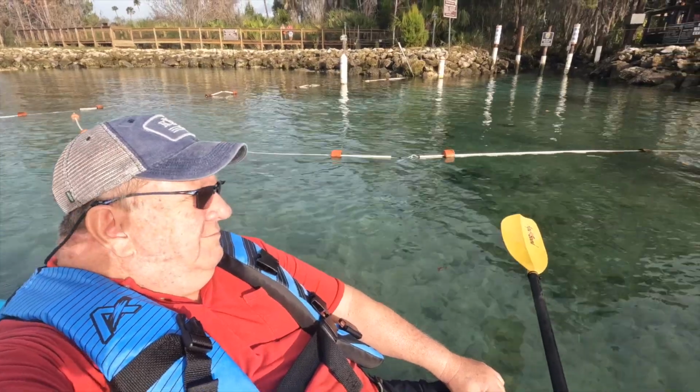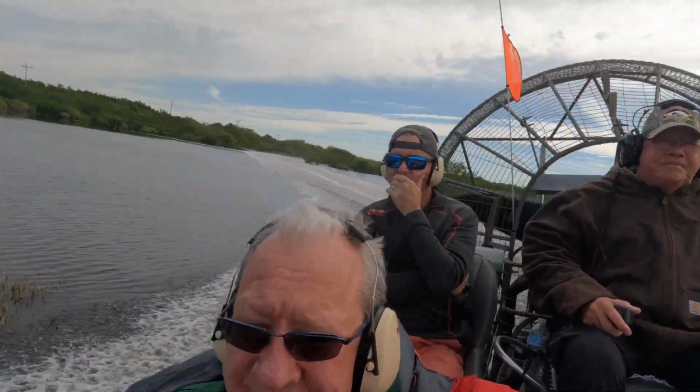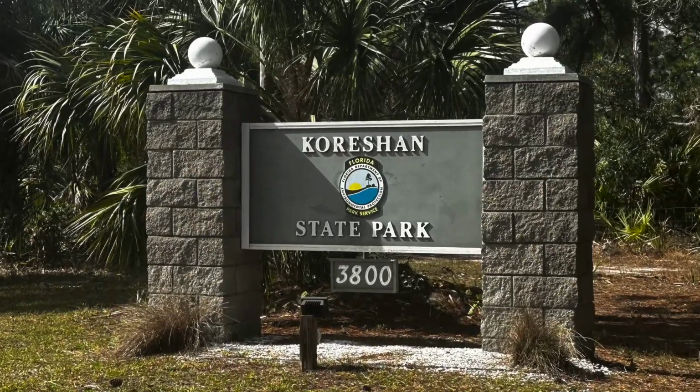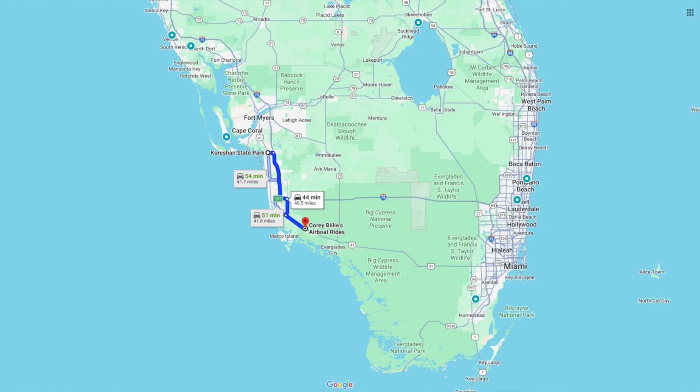After kayaking with the manatees, I migrated south in search of alligators and an airboat ride. So I camped at Corson State Park in southern Florida. However, out-of-state campers have to book these campsites 10 months in advance, and I was lucky to find anything at all. While there are numerous alligators and airboat attractions in Florida, I chose Corey Billie's airboat rides 40 miles south